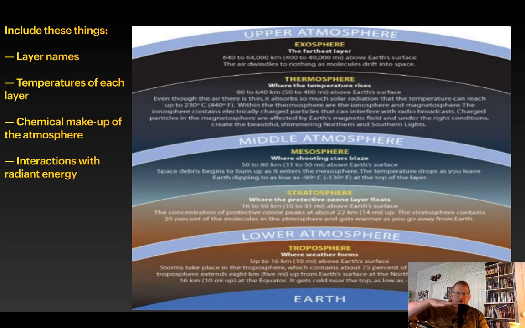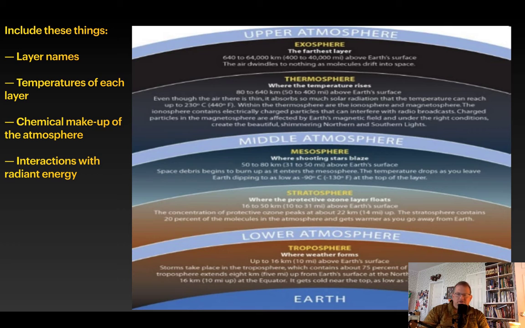Then we get to the thermosphere. It's called the thermosphere because this is where the temperature really rises. So in the stratosphere and the thermosphere, the temperature rises as you go up. In the mesosphere, the troposphere, and the exosphere, the temperature falls as you go up. Now, the thermosphere is where the ionosphere is located,